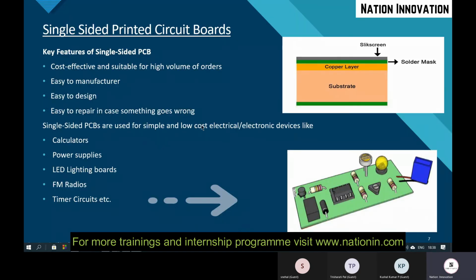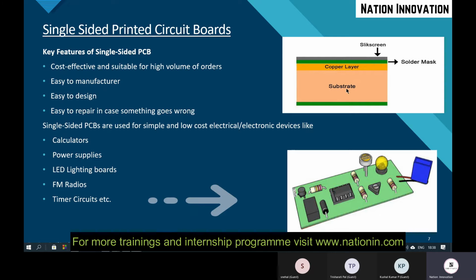There are some applications and key features. A single layer PCB is cost effective. The cost is less because the design is not that complex here. And you can place the components only on the top layer. You can't place them on the bottom layer because it has no copper layer there, so connecting components at the bottom is not possible.